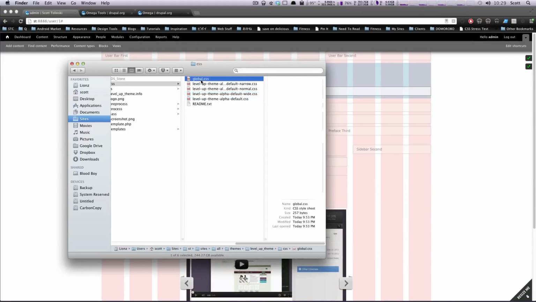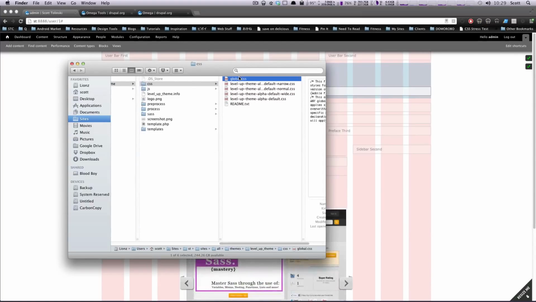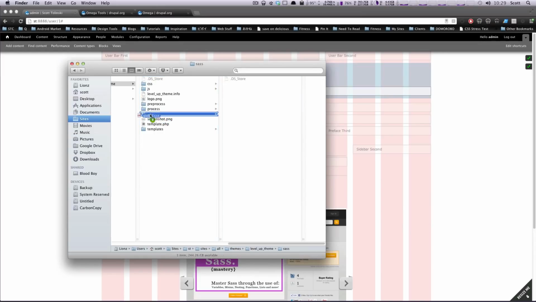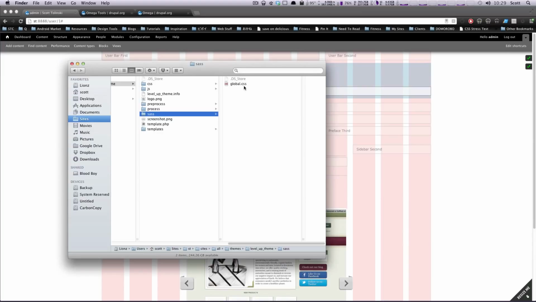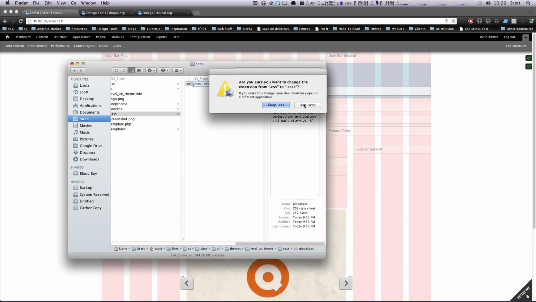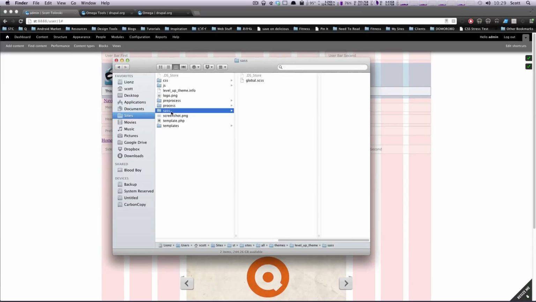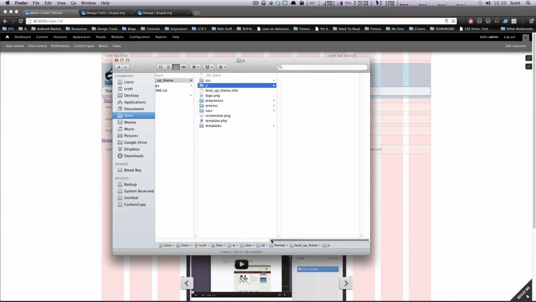So the very first thing, since we're just starting with our mobile theme first, I'm going to create a copy of this global CSS file, and I'm going to drop it into my SASS folder. Okay, and I'm going to change the extension on this to be SCSS because we're going to be using this as our SASS file. Okay, so now we have our SASS folder, and we have our JavaScript